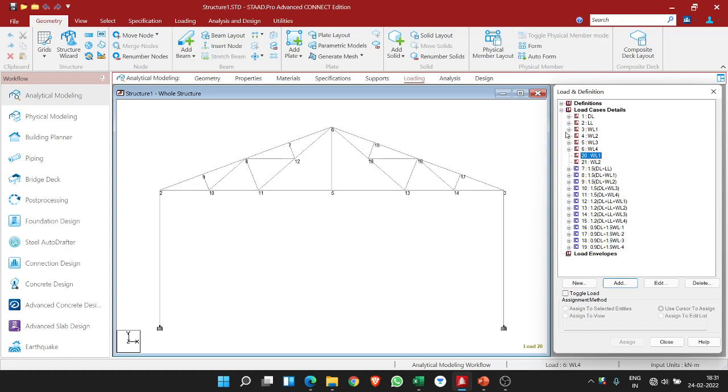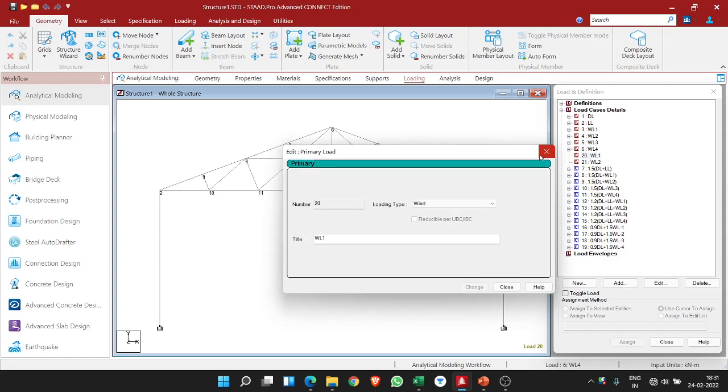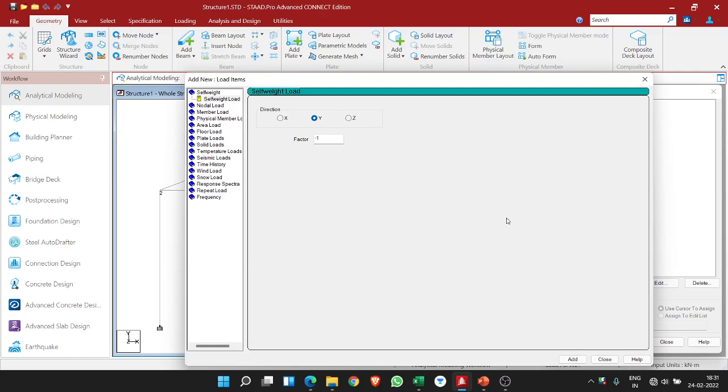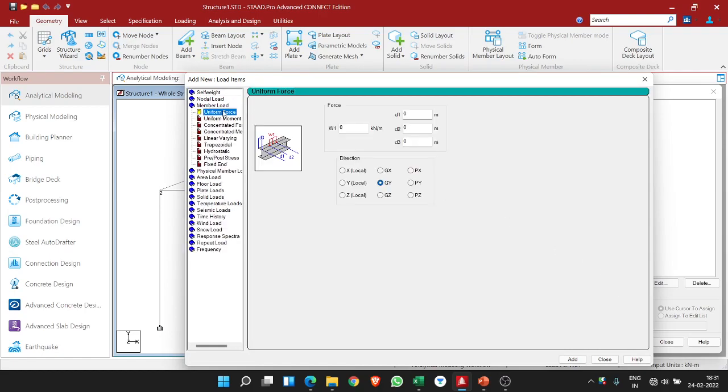So first click on W1 and add. Now this will be a member load, and it will be a concentrated force. The direction will be in the local direction, not in the global direction. GY means global Y and Y means local Y. Now the force direction,